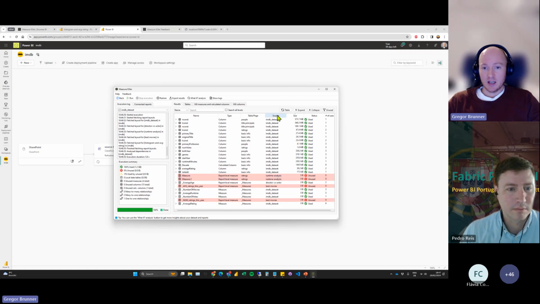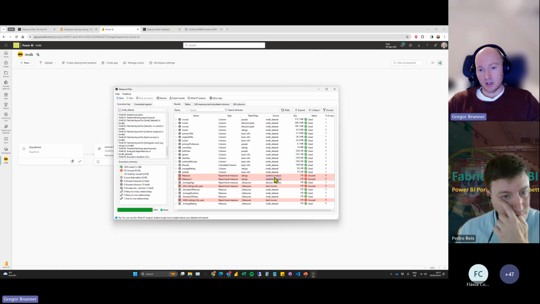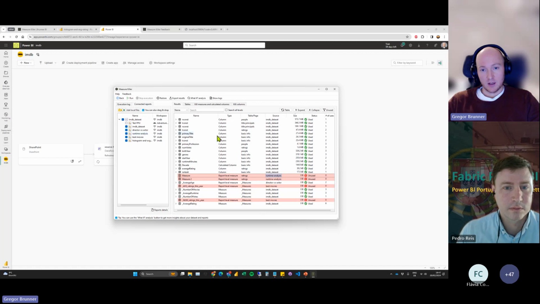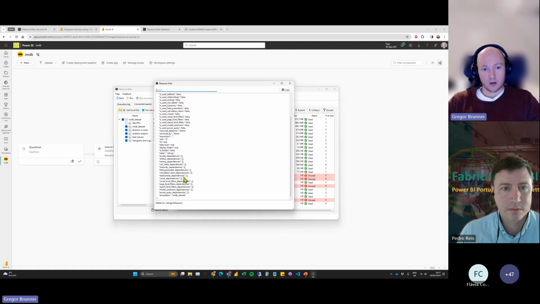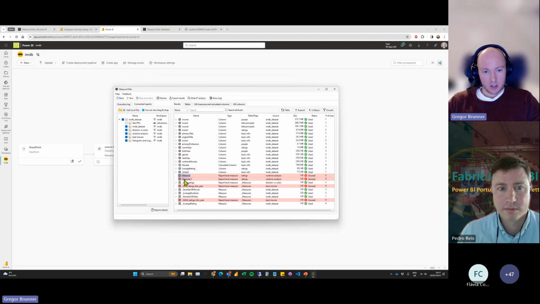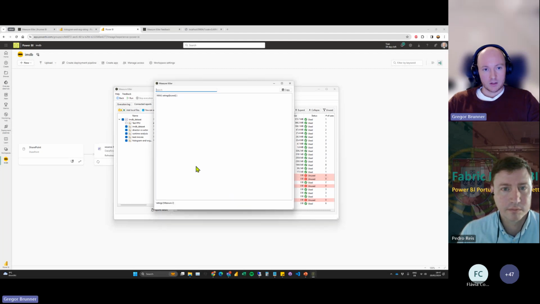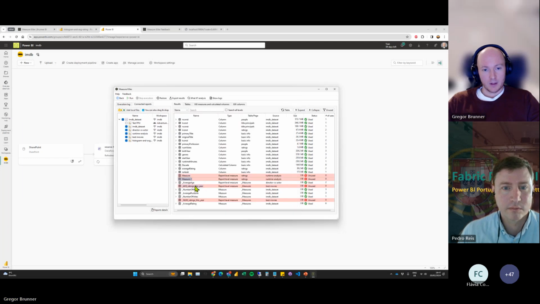I can also see that the columns that are used, they're all part of the dataset, obviously, but also then we have those report level measures, and the report level measures, they're part of the reports. We can see this here. Runtime analysis is a report, right? This is it. It's not the dataset. So I can even here right click and I see the details, and I can see what's going on in those measures. Actually, I should also see, here we go. This, you can see the DAX expression. Yeah, I can see max, whatever, it's doing something.